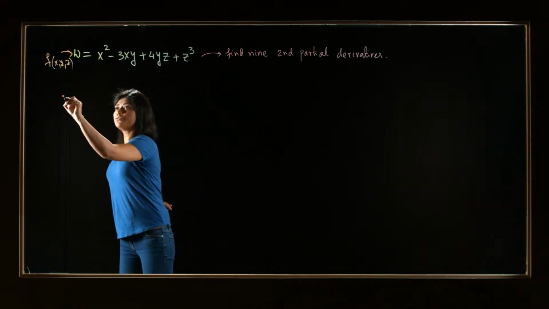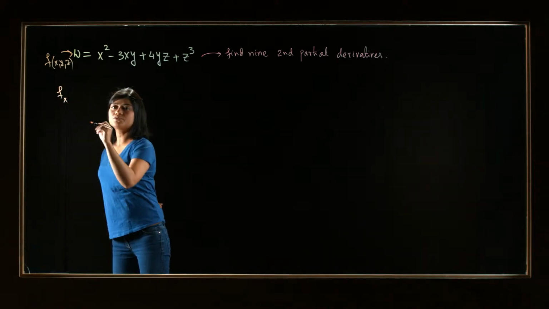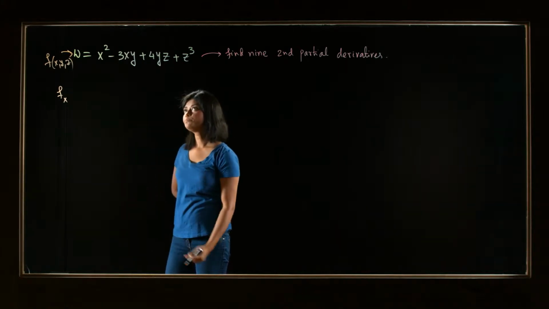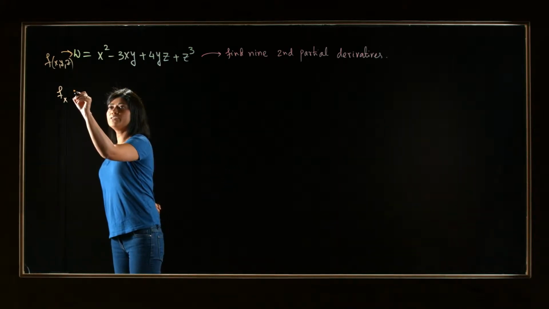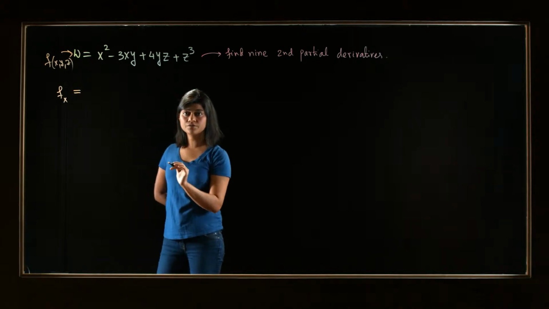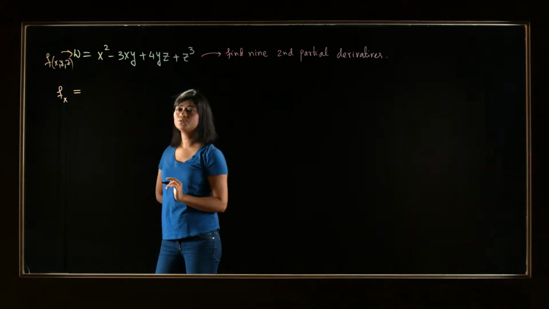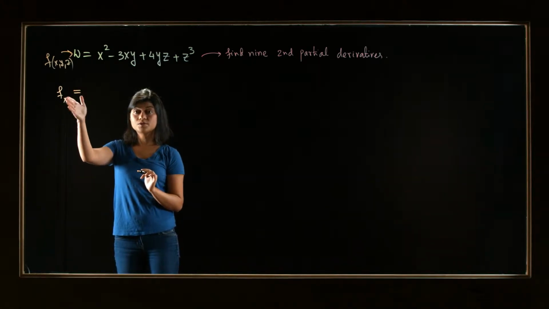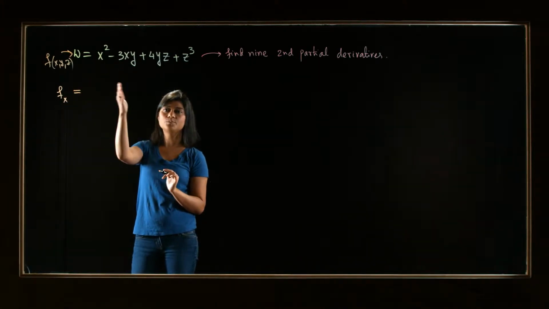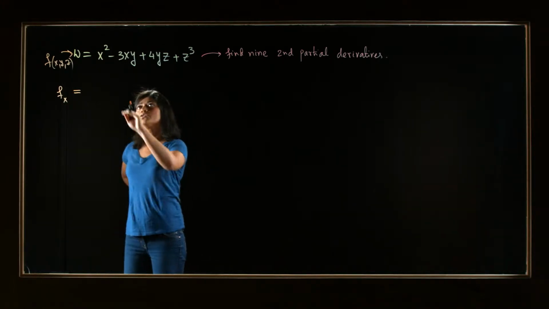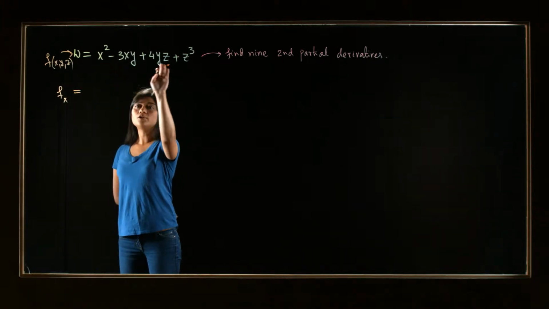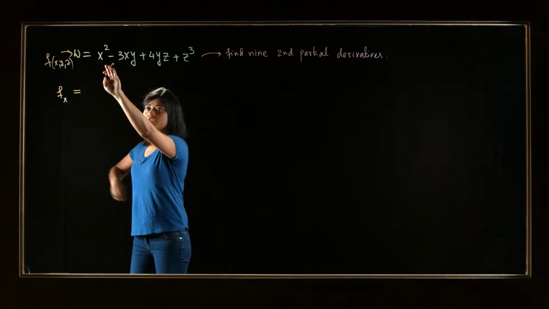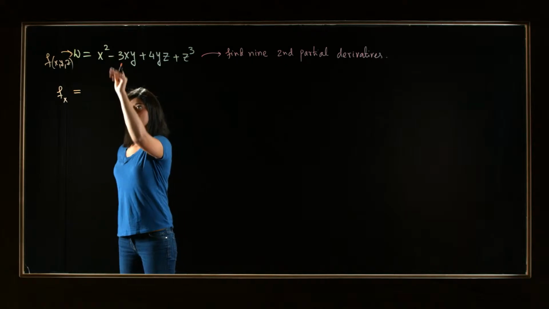And we are going to use the notation fx to represent partial derivative with respect to x, then fy and fz. So let's start with the first partial derivative of the function with respect to x. Remember, if we are taking the derivative with respect to x, y and z are both constants. So let's look at each term and take the derivative separately. The first term is x square. There is no y or z, so its derivative is